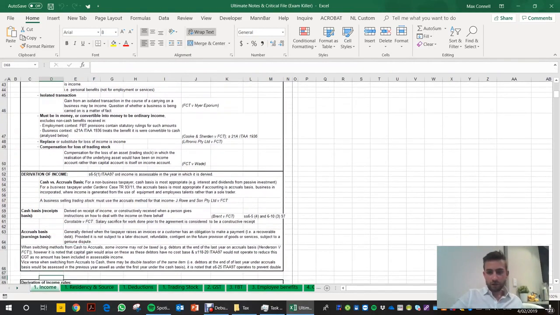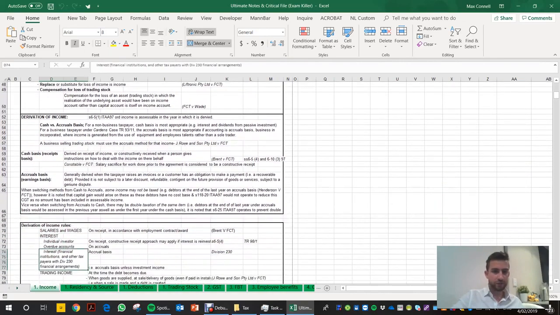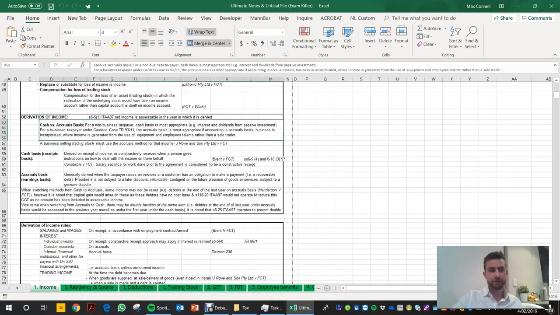Okay, so moving on. We're talking about derivation of income. There's a very basic concept in both accounting and tax: the distinction between cash and accruals. Most small businesses and also non-business taxpayers use the cash basis, whereas anyone in a business, or a large business specifically, is required to use